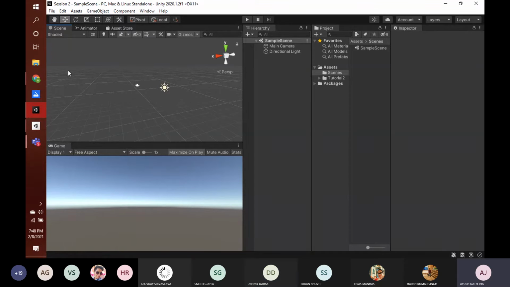So you might be overwhelmed by seeing the huge number of these screens all around here. So I will tell you what each screen means, and it's not quite overwhelming. You would understand in a moment. So the first window you see here, which has this coordinate system type of world, is the scene view.